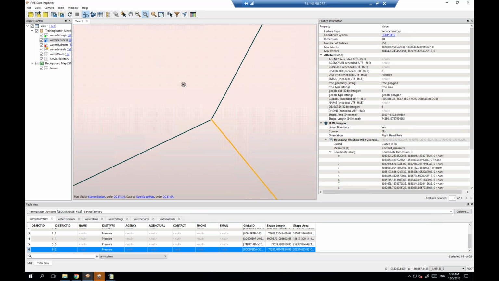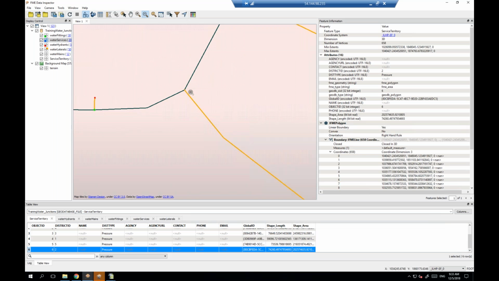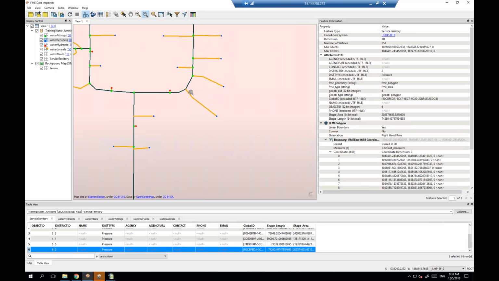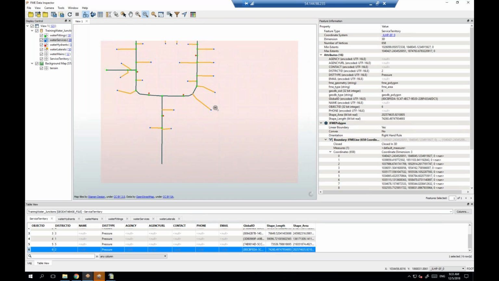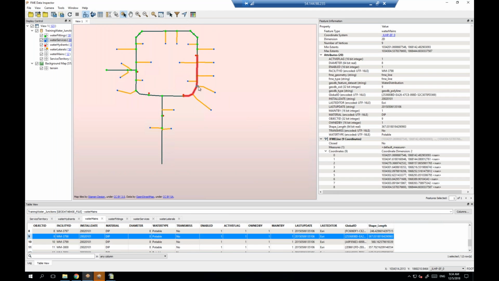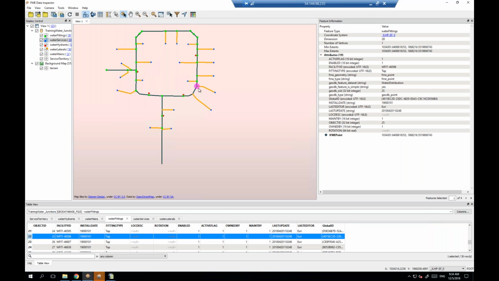If I just move out. However, I don't want to create a new junction for a feature that already exists. For example, I could possibly create a junction there, but I don't want to because my source data already supports that. And I can't have two point features on top of one another in the UN. If we go back to our workspace,